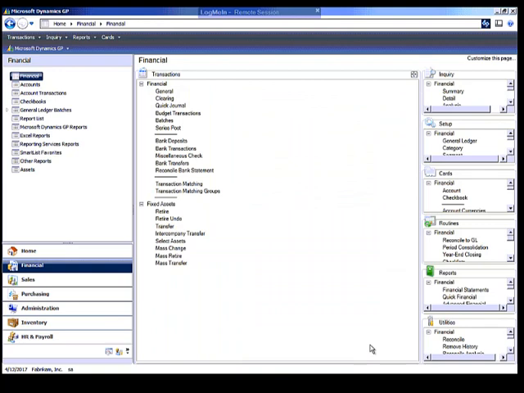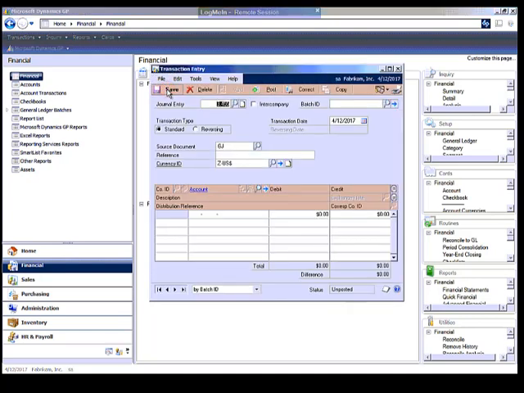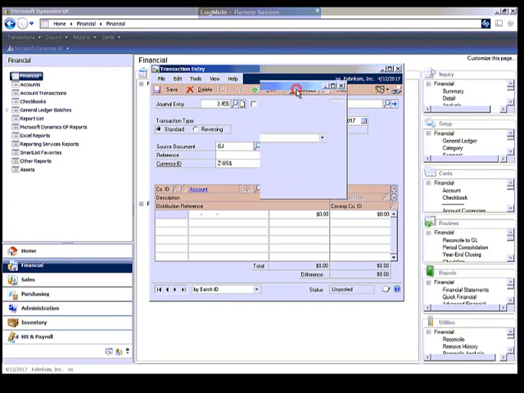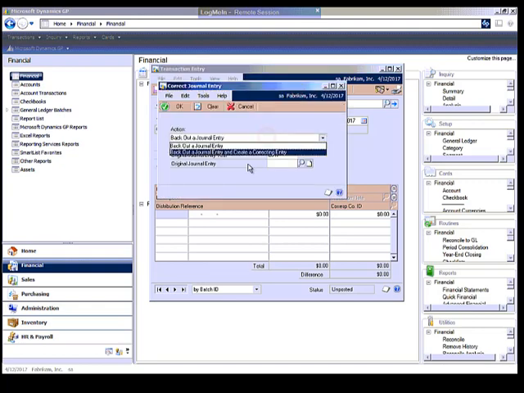How do you do the actual backing out and correction of a transaction? Well, we go into Financial, General, and this is just a good old journal entry window. There is a Correct button here at the top. We'll click on that, and it gives us a couple of options: back out a journal entry, so you just back it out completely, or back it out and also create a correcting entry